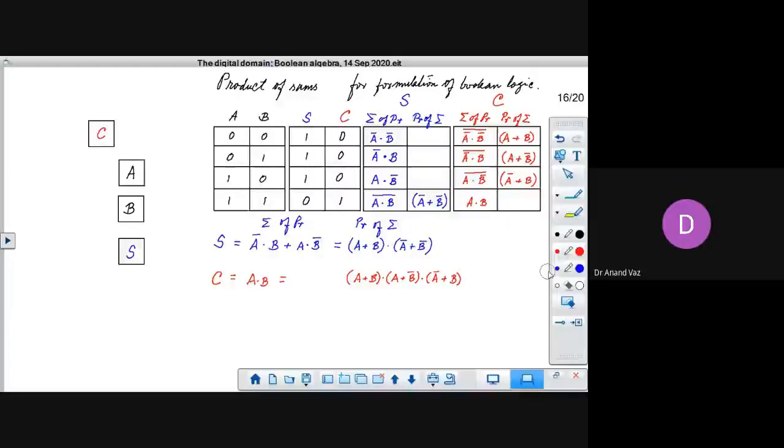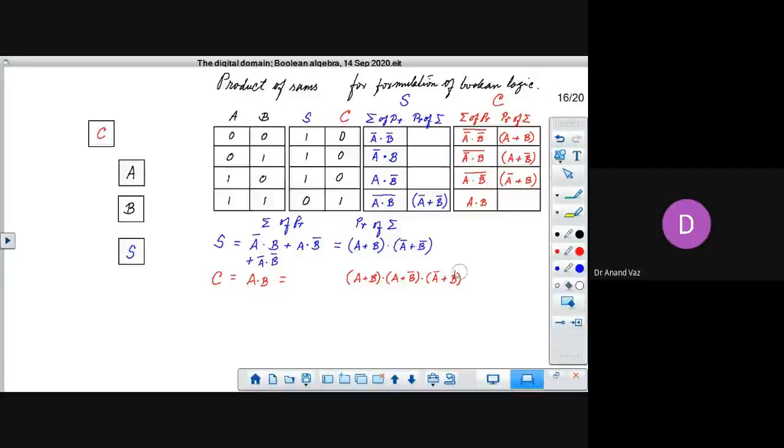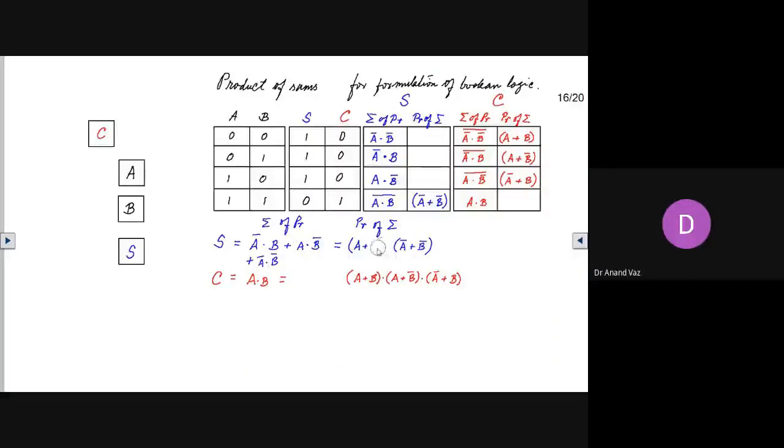Here you see that you will need to add one more term, that is or not A and not B. But when you try to realize it using the product of sums method, you have only one sum over here. So this one will go from here, and you are left with this only. So the formulation over here becomes S is equal to this.